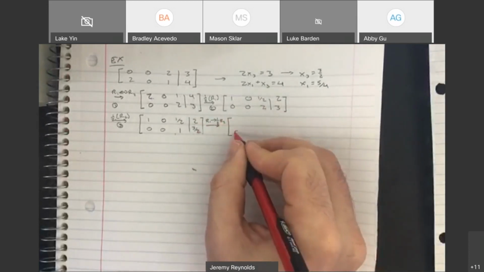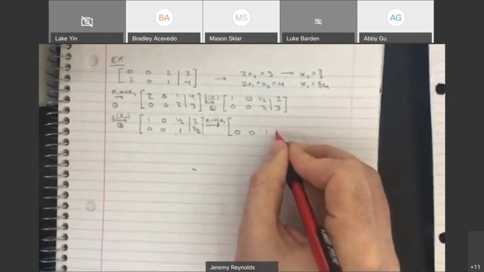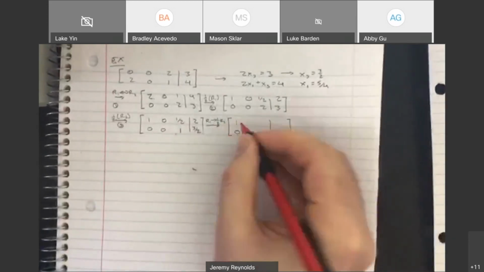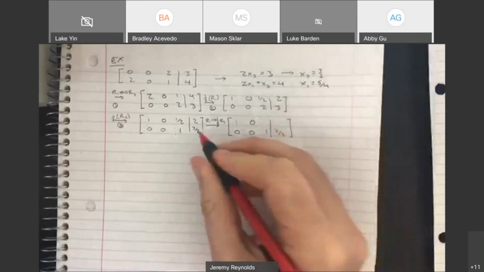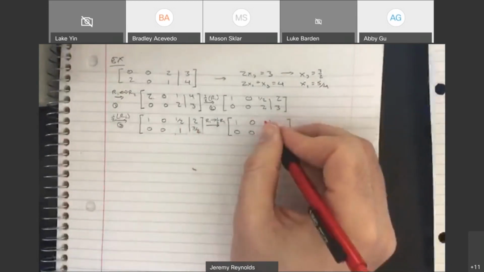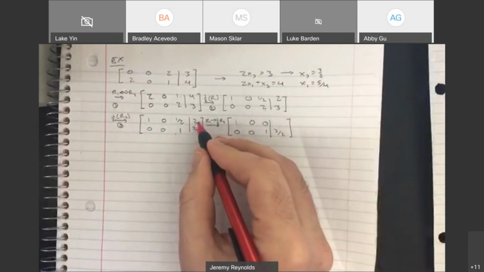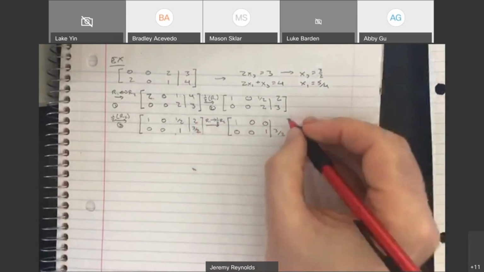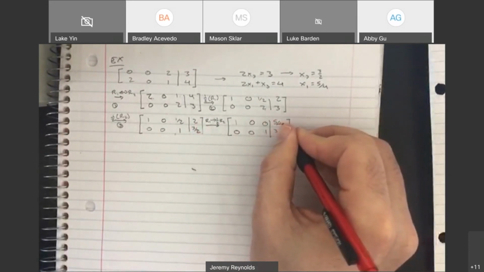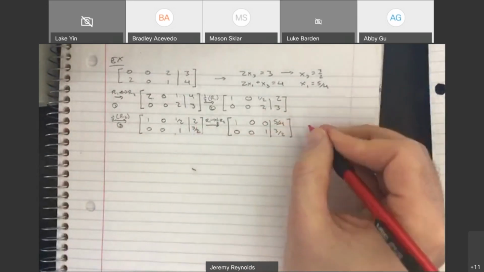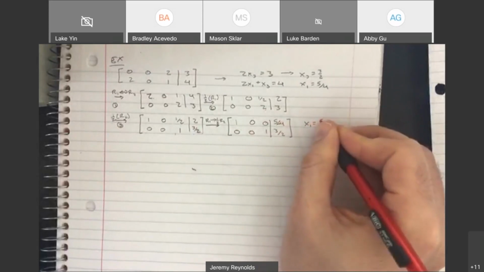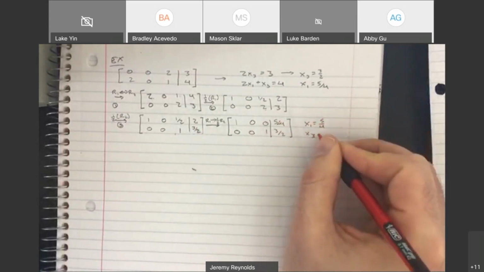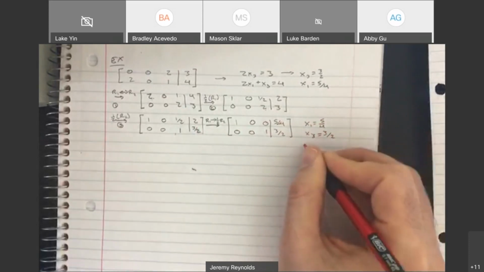And that's going to keep row 2 the same. And the first row, 1 minus 0 is 0, 0. 1 half minus 1 half times 1 is 0. And 2 minus 1 half times 3 halves is 2 minus 3 quarters, which will give us 5 quarters. So notice x1 equals 5 fourths, x3 equals 3 halves, and now x2